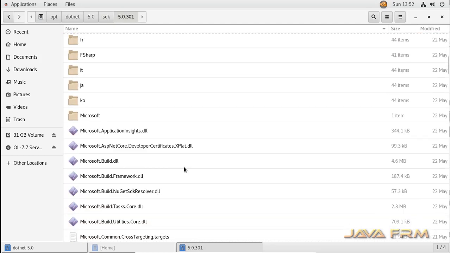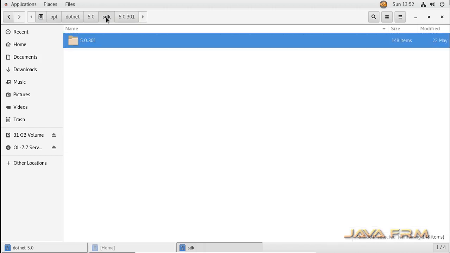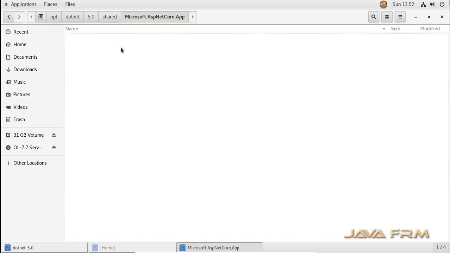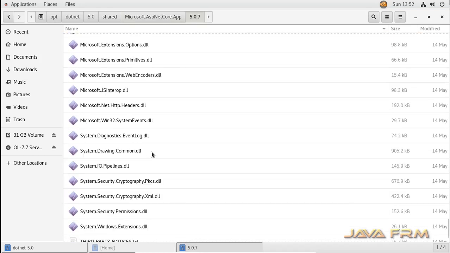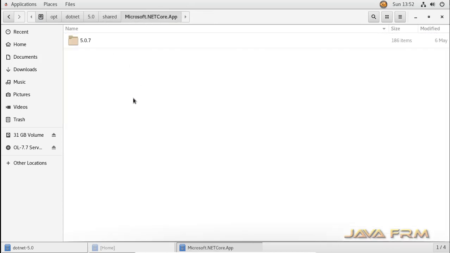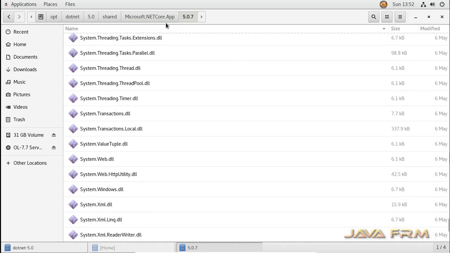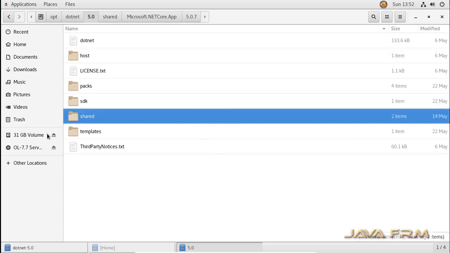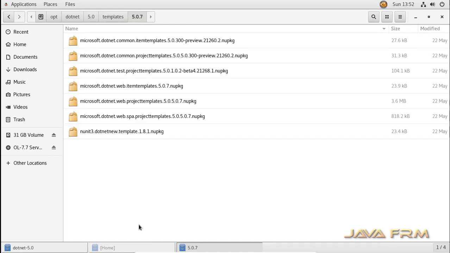It contains SDKs and the ASP.NET runtime and Microsoft.NET Core runtimes, and many libraries for development. This .NET Core 5.0 supports only console and ASP.NET web applications. It does not support Windows Forms or graphical applications.